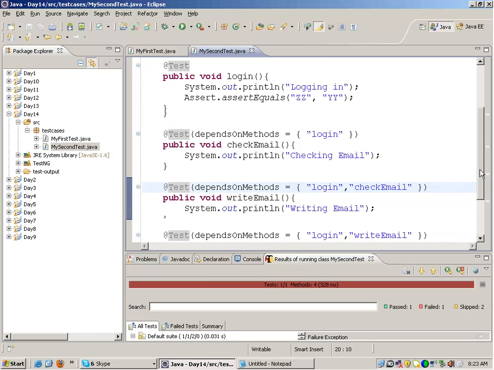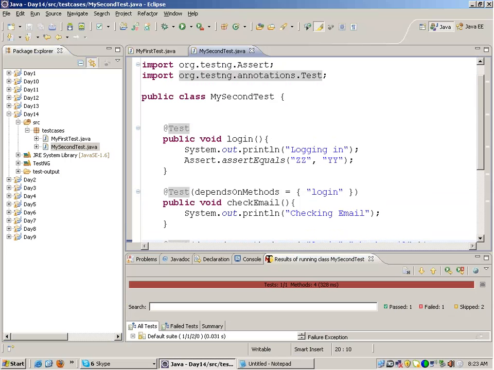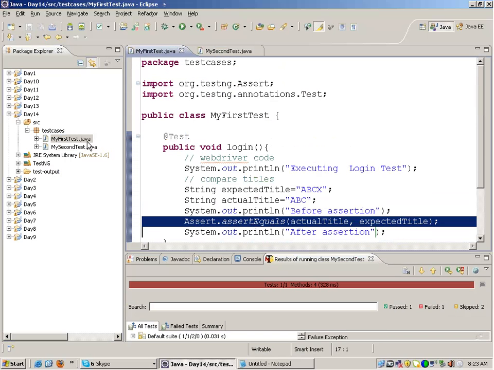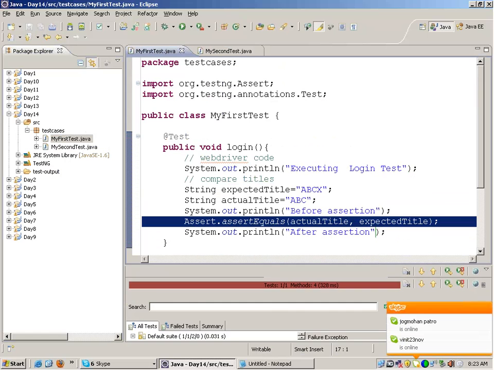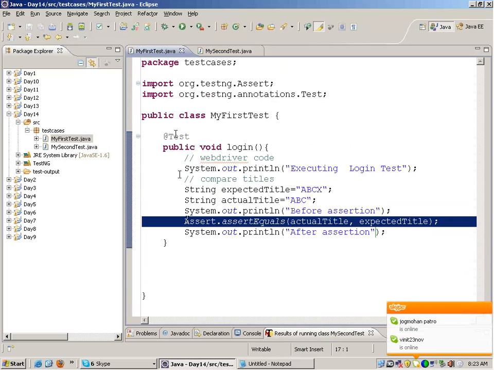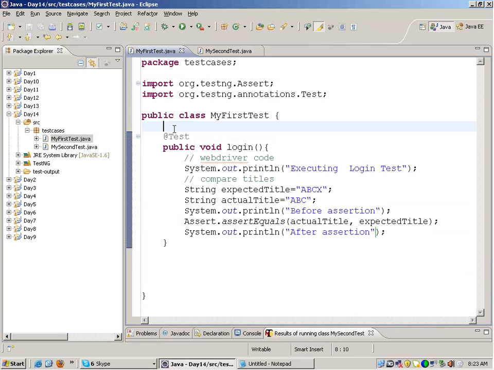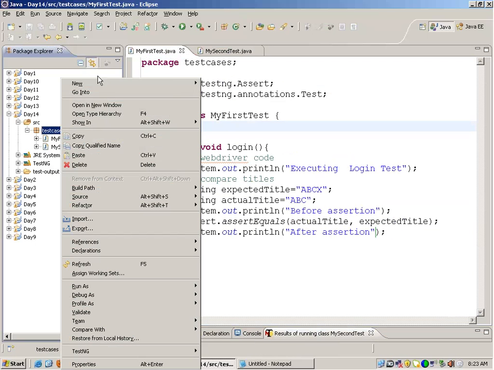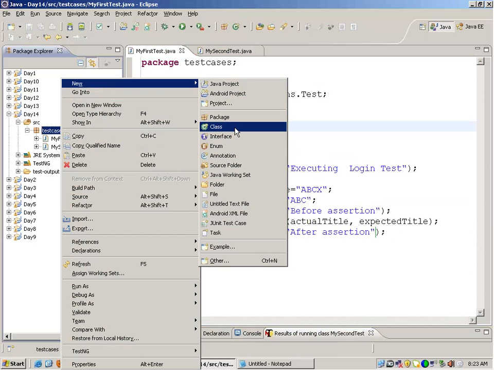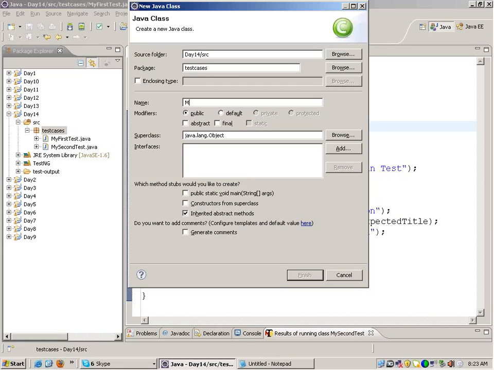All right. Now, before I tell you in depth about assertions, I need to talk about various kinds of annotations inside TestNG. I have talked about this annotation @Test. What this means is that this is a test case. Fine. Now there are other annotations as well. If I right click and make a new class called MyThirdTest,